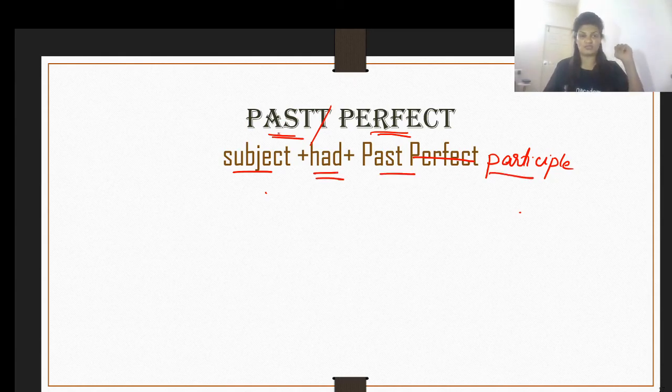The sentence structures. Before I give you the example of sentence structures, as I told you earlier, we refer to actions. Past perfect is when we refer to older actions. Supposing two actions have happened in the past. Like, for example, let us say, if I give you the statement, when I